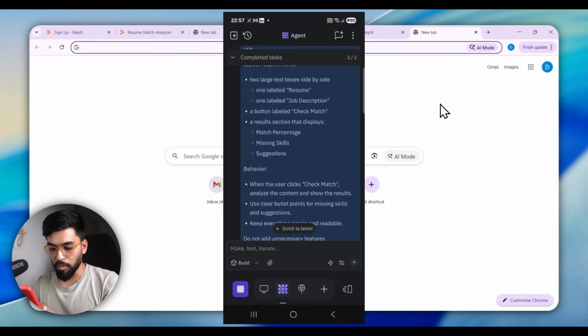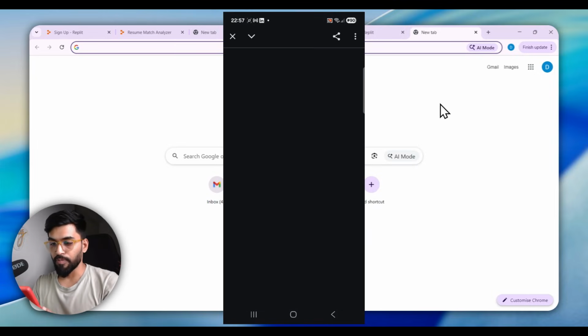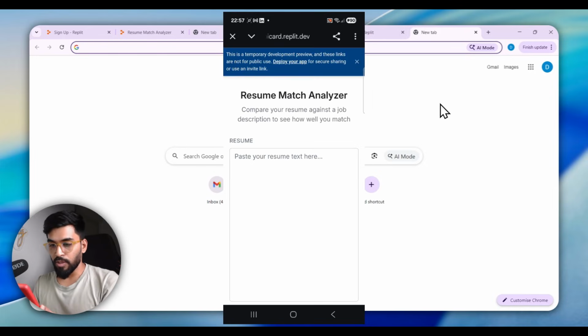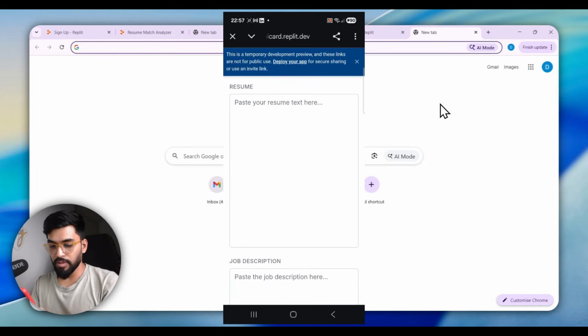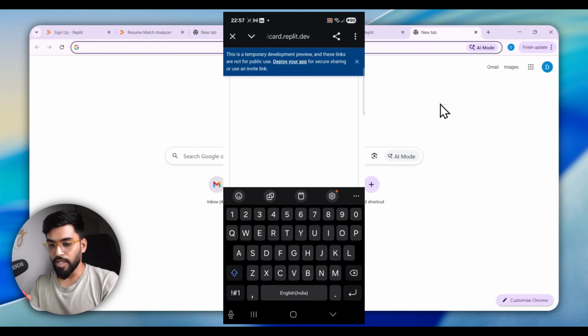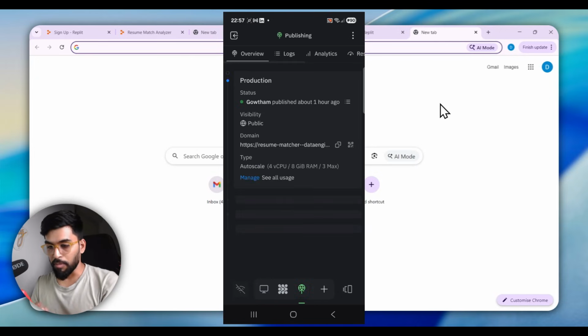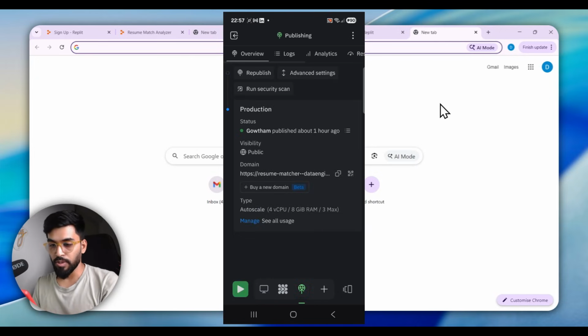Now you can see the preview option. So if you just click it, you will be getting that preview option, and also you can open that in a browser also. So let me just open that in a browser. Yeah, so the app is getting loaded, and you can see this app is pretty good even in the mobile view as well, right? So let me just close this and come back, and you can see the publish, the deploy option, right? So you can just click republish if you want to do any changes.